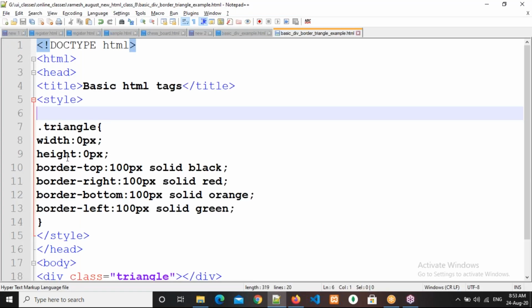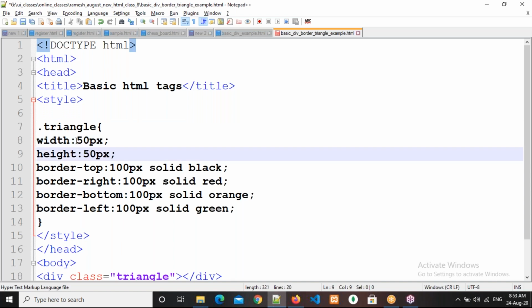Since the width and height is 0, there is no particular width and height. So that means from here itself it is starting. Suppose if we have some width and height, what happens? Now observe here. It's coming like this. So width is 50 px, height is 50 px, and here these are the separators. Since that was 0, 0 previously, it came like that, but now it is coming like this. Understand, right?